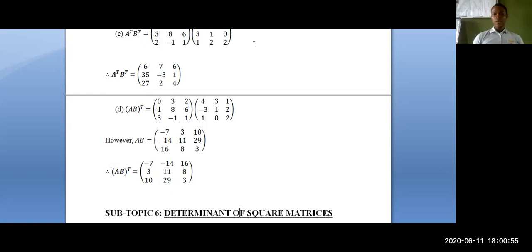And of course, you can see my next subtopic, determinant of square matrices. And I don't expect you to miss the next episode of this series on matrices, because I'm going to deal with